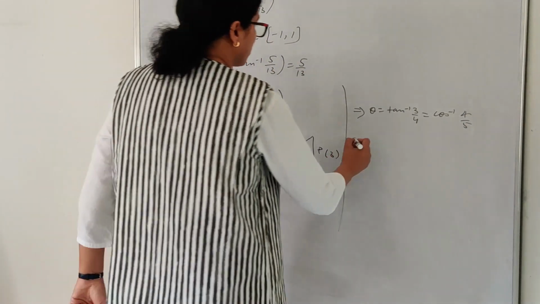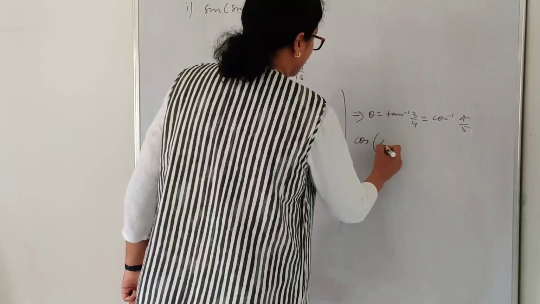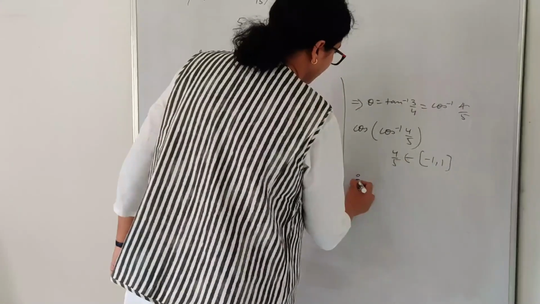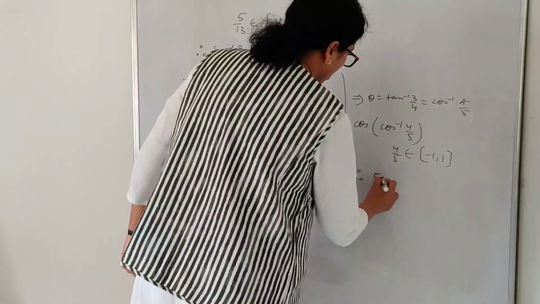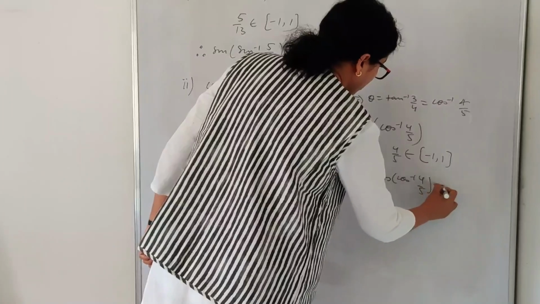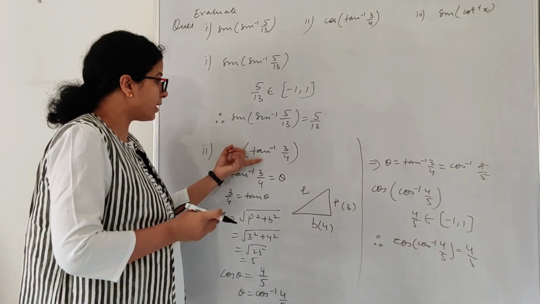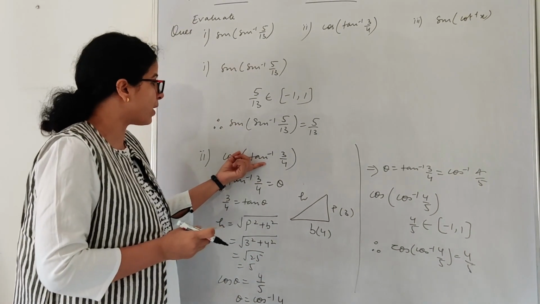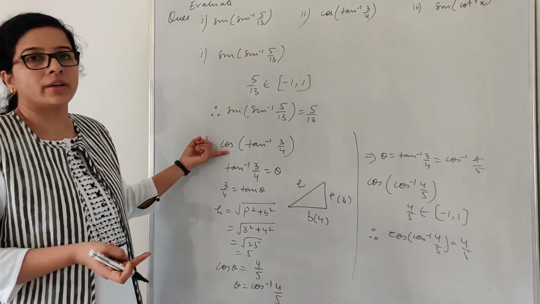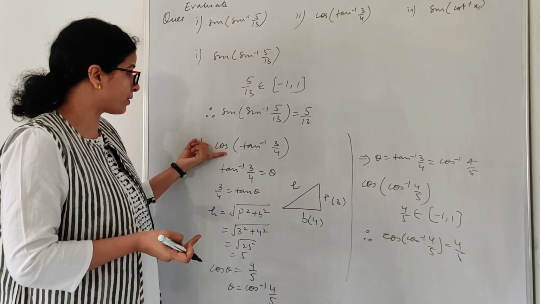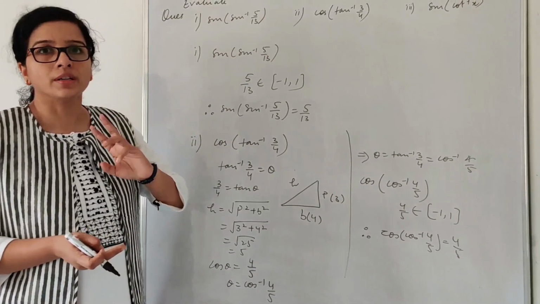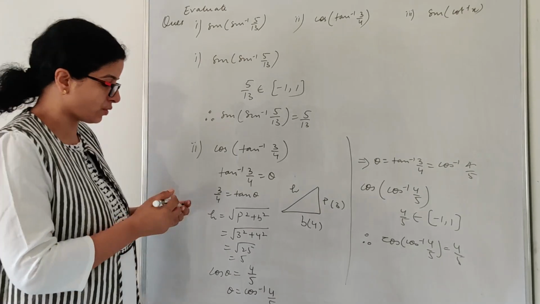Substitute in the equation. So what are you getting? Cos inverse 4 by 5. So hence cos of cos inverse 4 by 5 equals 4 by 5. Whenever you are given a different inverse trig function, you have to change it to the same trigonometric function. If you have the cos trigonometric function outside, you have to change it to cos inverse. Then only you can simplify it. Now check the next one.